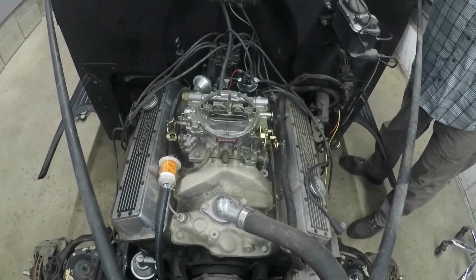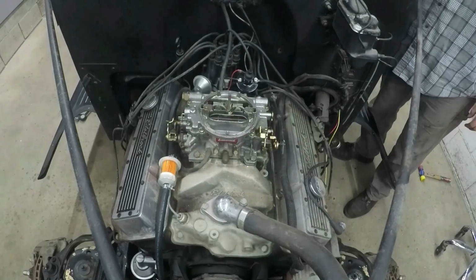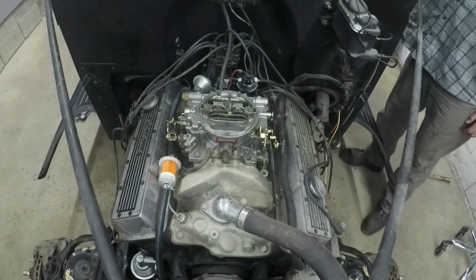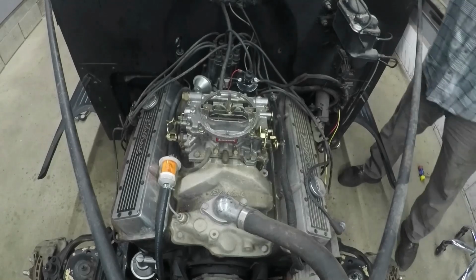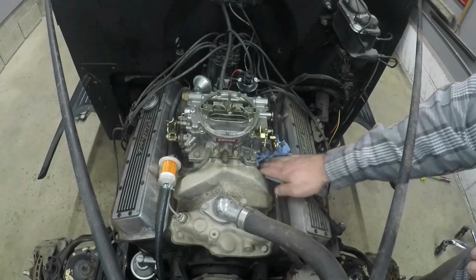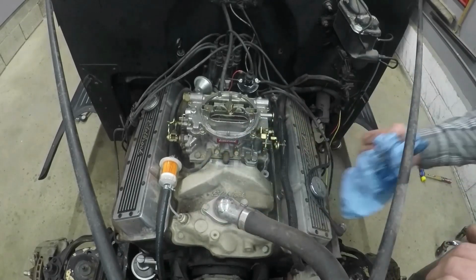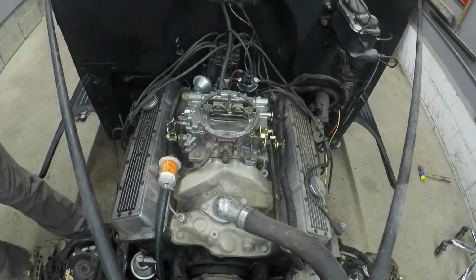Whoa! Pull the fuel line out. Fire extinguisher. That's gotta be what it is, otherwise it wouldn't be spewing out of the vents there. We'll let some of that dry up. So, where? Oh,